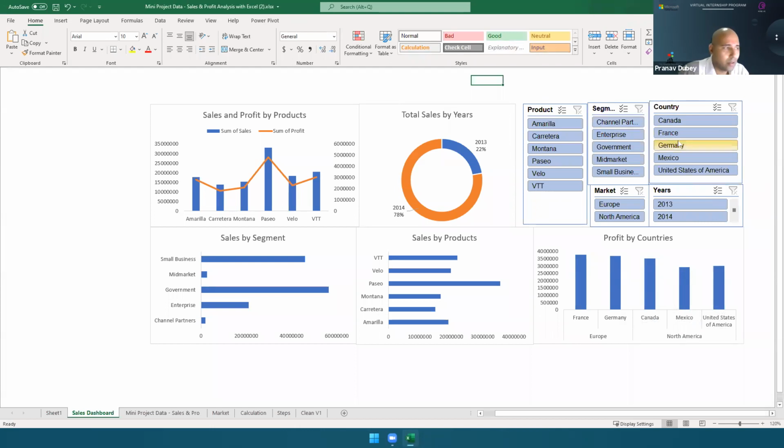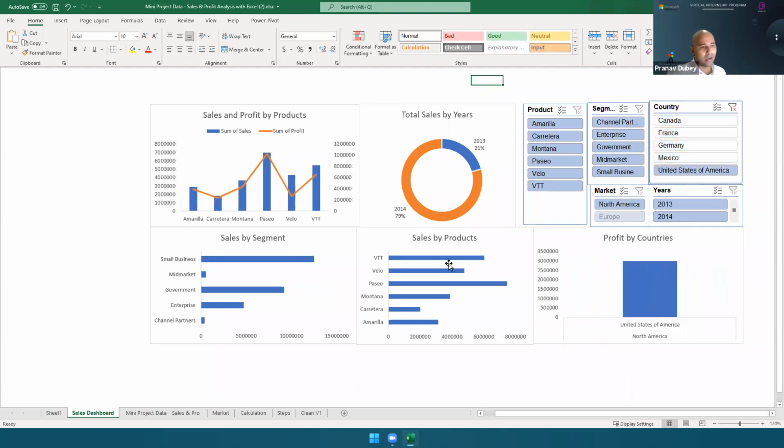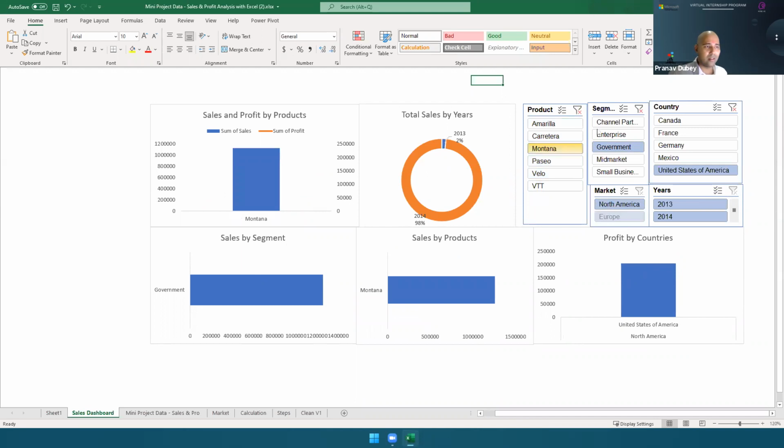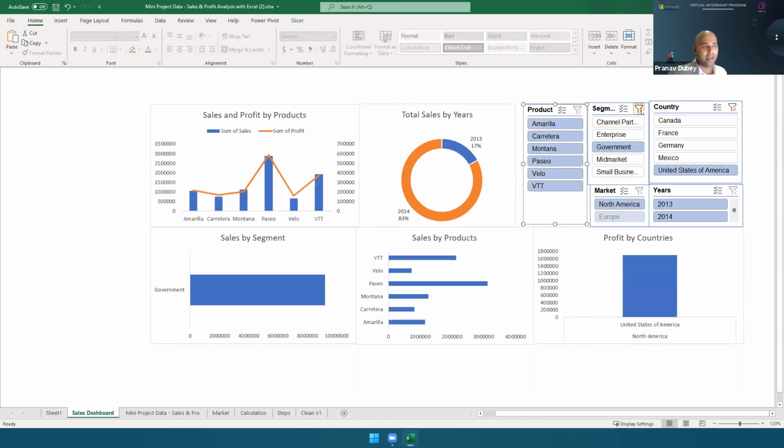Okay, now see that if I want to look at all the values in United States, in USA, then I will just click on USA and all values from USA only will show up. Now USA, and I want the government sector or segment, then I have USA and government. So this is the value of USA in government. And here also we see that in 2014 in the US government sector, what were the sales, what was this in 2013. So the slicers are basically adding interactivity in our data.